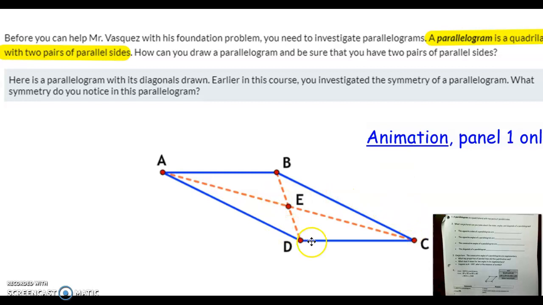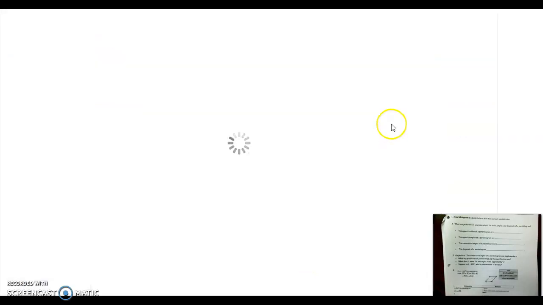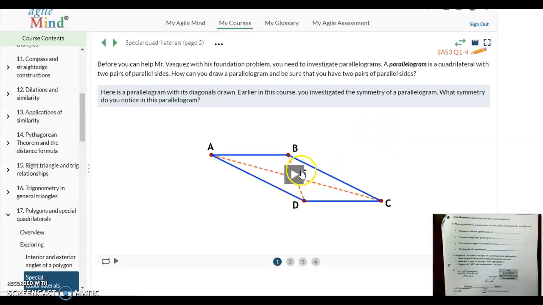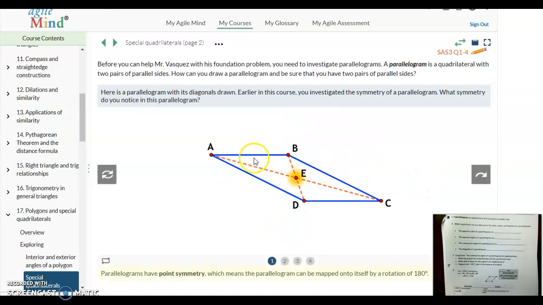So here's a parallelogram with its diagonals drawn. Earlier in this course, we investigated the symmetry of a parallelogram. And let's look at what type of symmetry a parallelogram has. In this animation, we can see that we can take point E where the diagonals intersect, and rotate the parallelogram and match it up with itself. I've always heard this called rotational symmetry. Agile Mind calls it point symmetry. But it just means you could put your pencil lead on point E, rotate this figure, and match it back